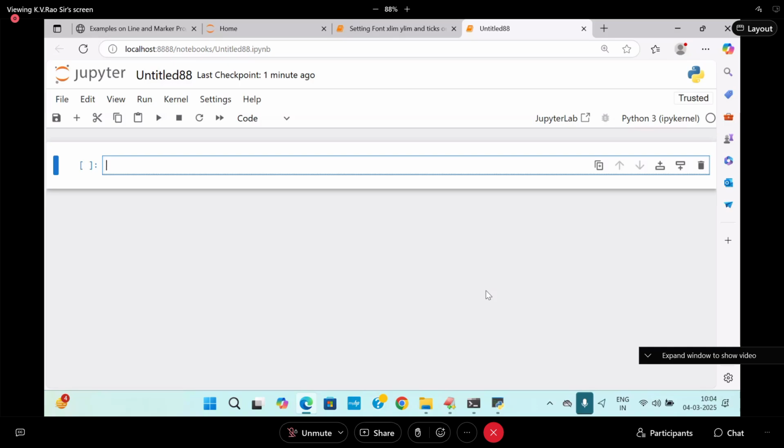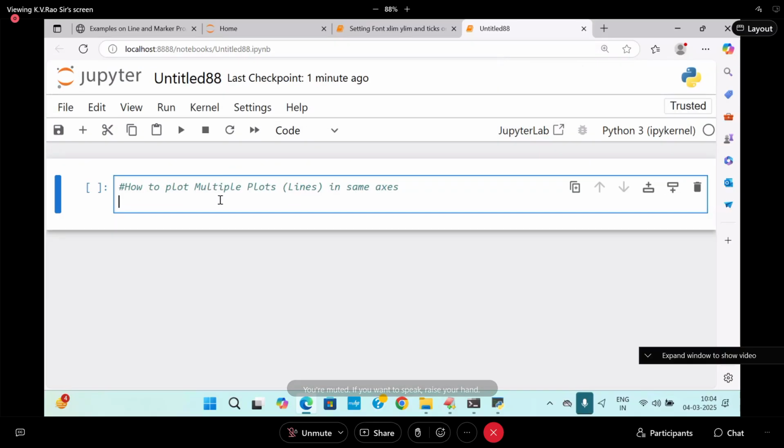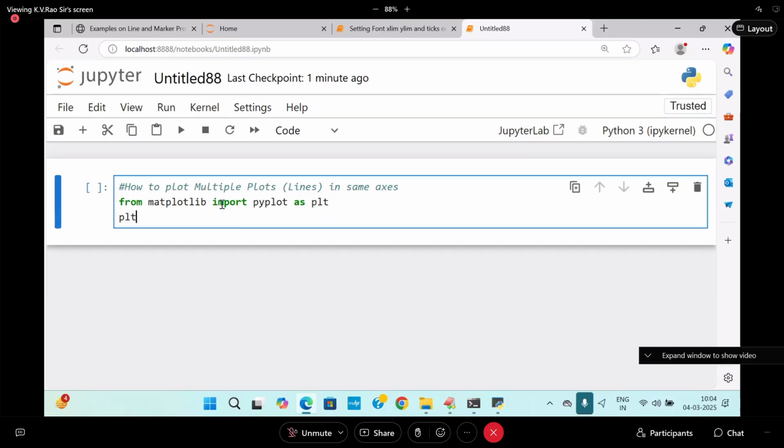Shall we start? Come on. What to do? How to draw? How to plot multiple plots? Multiple plots, that is multiple lines in the same axis. How to draw multiple plots in the same axis? Right? Tell me what to do. From matplotlib import pyplot as plt. plt dot, of course, I'm going to take x is equal to,